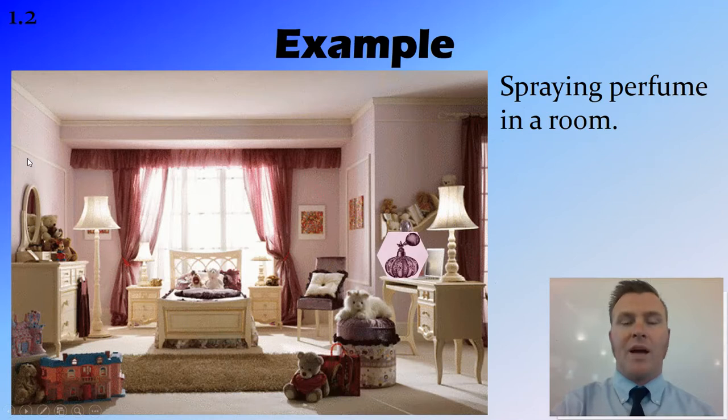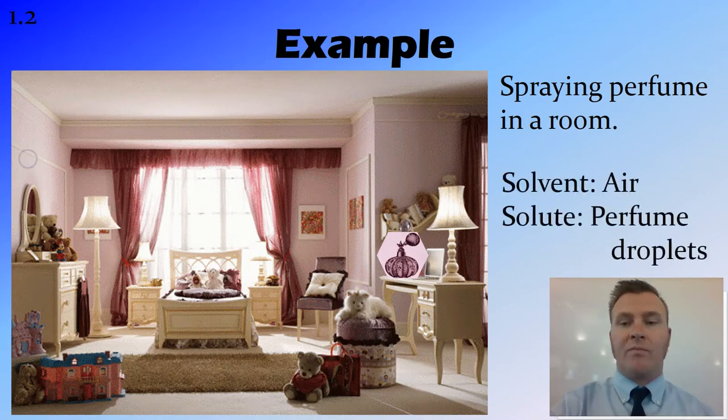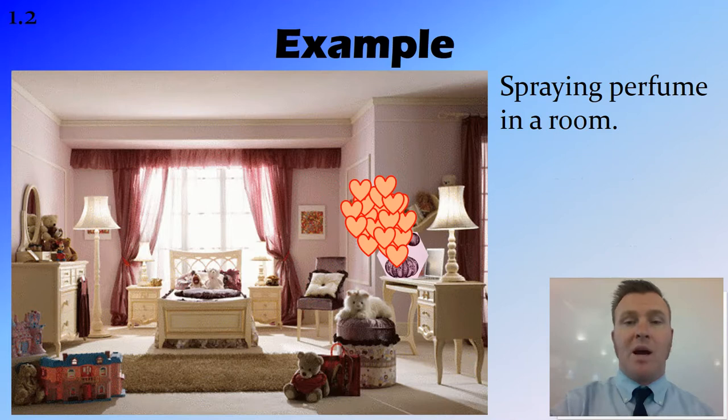Alright, so let's have a look at an example of this. An example that's often used for diffusion is spraying perfume in a room. In this case, the solvent, the thing that's doing the dissolving, is the air, and the solute is going to be the perfume droplets. So it's a little bit different to within a cell, but the process is exactly the same. So if we spray our perfume,